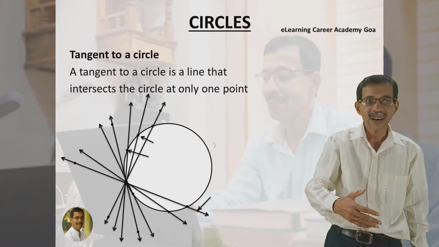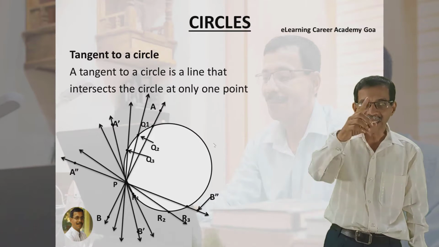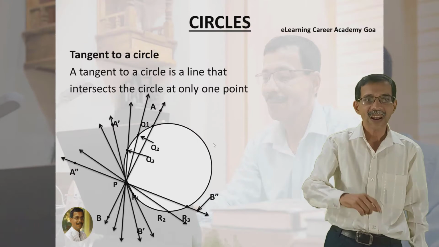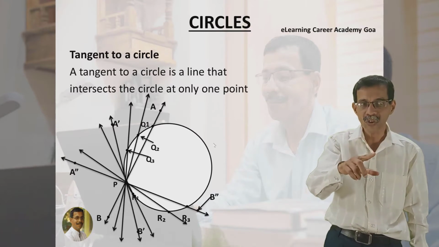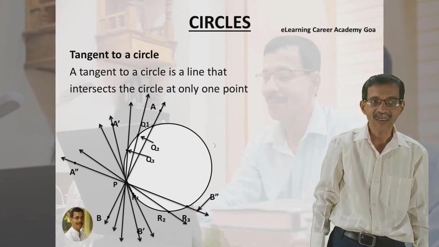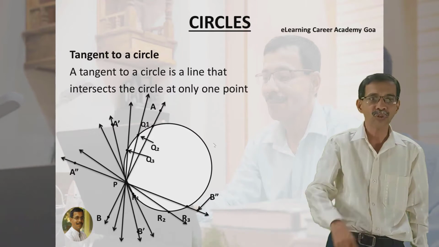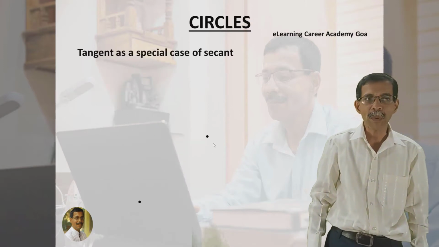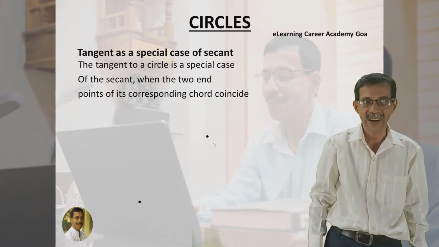And you see here the tangents are named. So line A'B' you can see is a tangent because it is touching the circle at only one point. Whereas line AB is the extreme secant of all the lines drawn over here, and line A'B' is again a secant of the circle among all the lines shown over here. So we will go to the next part, and in the next part we will see a tangent as a special case of a secant.